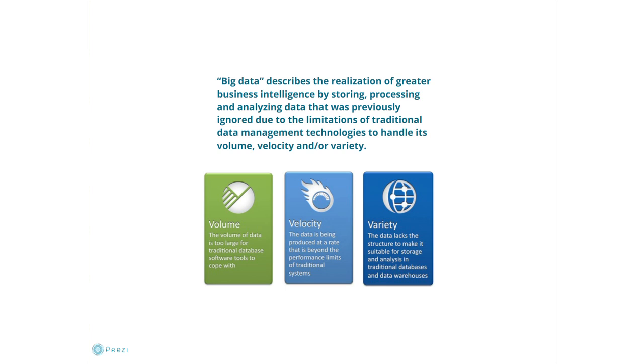specifically by storing, processing, and analyzing data that was previously ignored due to the limitations of traditional data management technologies to handle specifically its volume, so the volume of data being too large for traditional database software tools to cope with. Velocity, the data being produced at a rate that's beyond the performance limitations of traditional systems. And variety, so the data lacking the structure to make it suitable for storage and analysis in traditional databases and